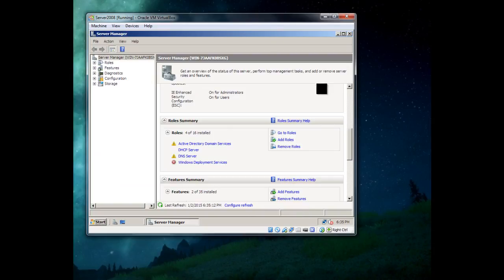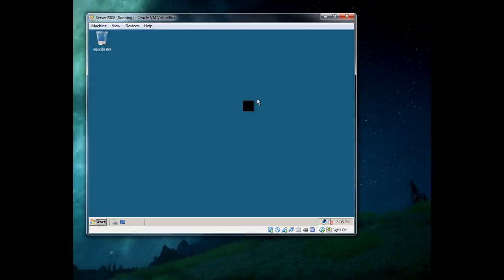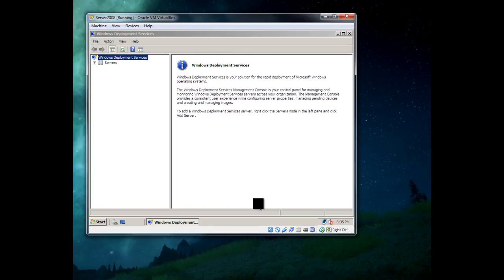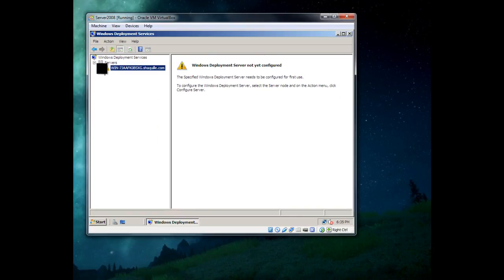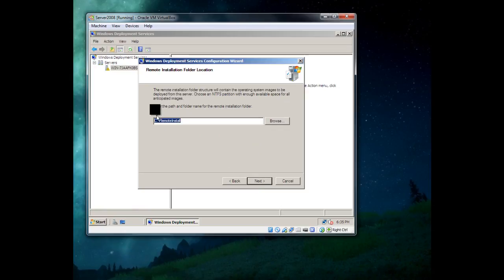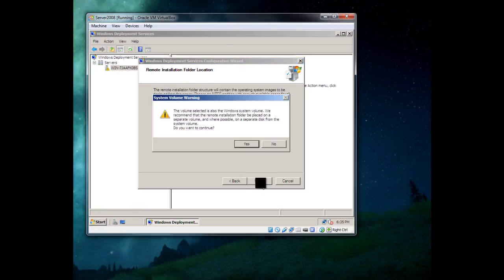Nice. What we're going to do here is we minimize this and we go to Start, Administrative Tools, and we scroll down to Windows Deployment Services there. Nice. So we click Server and we select that particular server on the drop down box. We right click and we go on Configure Server because the Windows Deployment Server has not yet been configured. So we click Configure Server and we select Next. We leave the path as is, Remote Install. Select Next. Say yes,